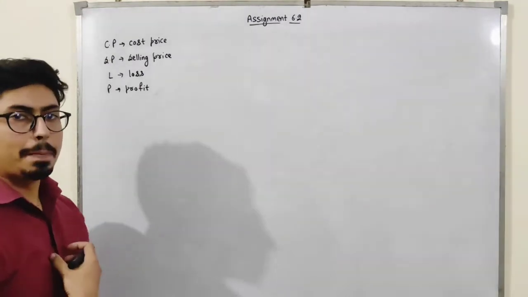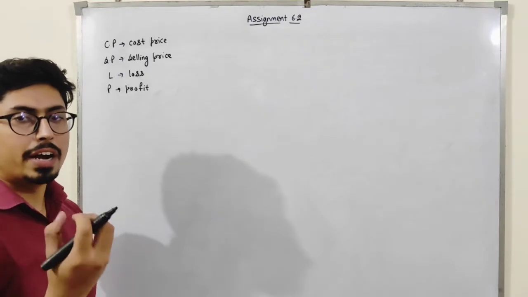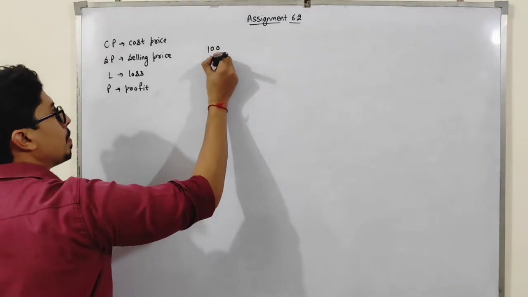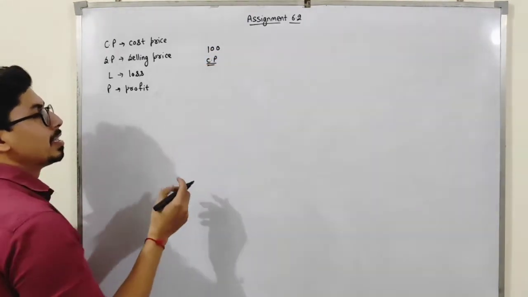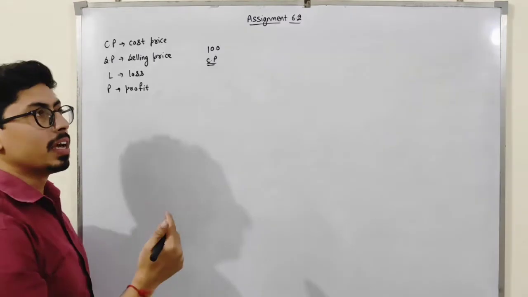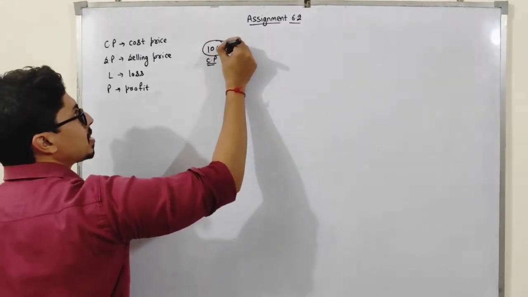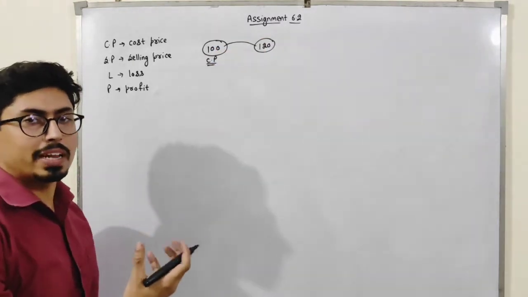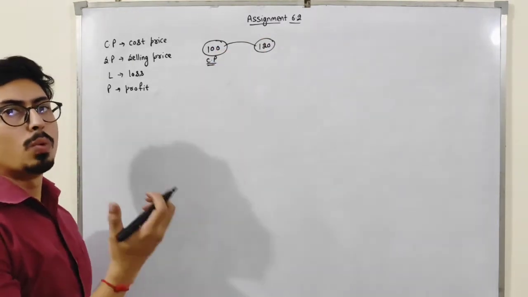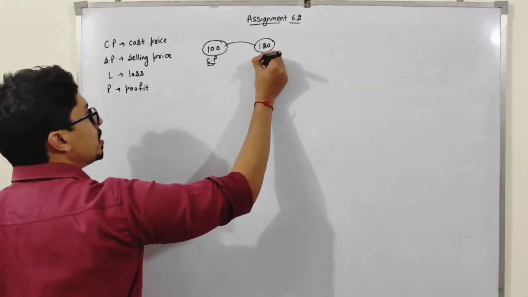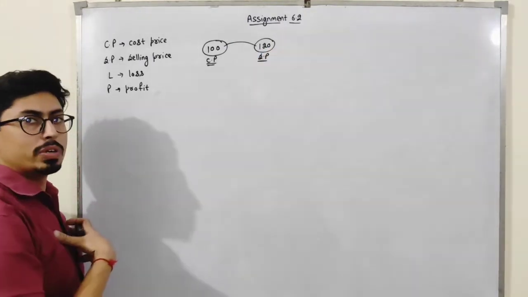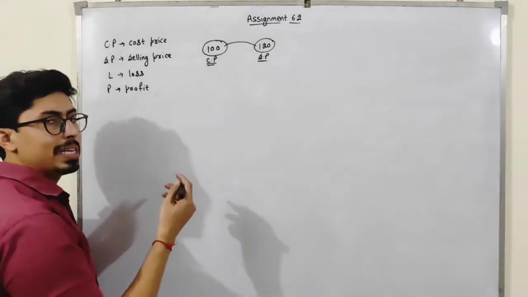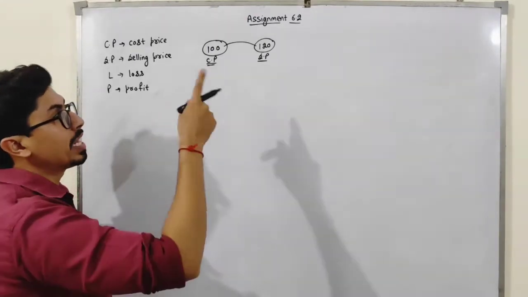See, for example, I bought a product at 100 rupees. So that's my CP, because that's the cost price, because this much amount I have invested in something, and I just sell this product at a rate of 120. I bought something for 100 rupees and I just sell that product for 120. So this is my selling price, students. And what I have gained, students, I have gained a profit of 20 rupees, because of 100 rupees I have purchased and of 120 I have sold.